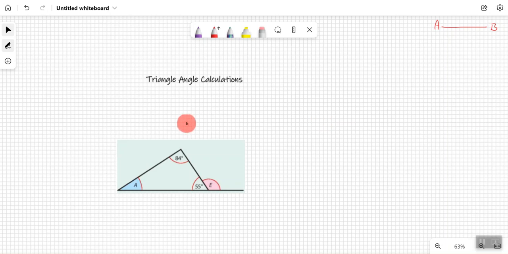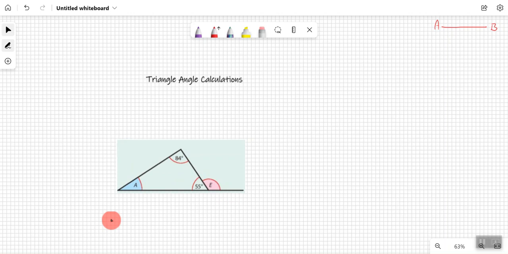So a typical type of question that you could be asked when it comes to triangles is something like this. They'll give you a triangle and ask you to work out the size of an unknown, for example the size of this angle here, the size of angle A and the size of angle E. In order to do this question, we need to remember a couple of things about